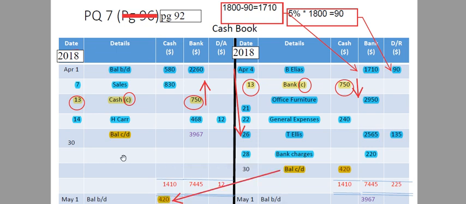For the bank, it is a little unusual, so notice that. In the bank, the three numbers on the debit side, the 2260, 750 and 468, when you add them up, they are less than the payments. The payments are 1710, 2950, 2565 and 220. They add up to 7445. So this is a case of bank overdraft. So you paid 7445, but you received only 2260, 750 and 468. So you are left with